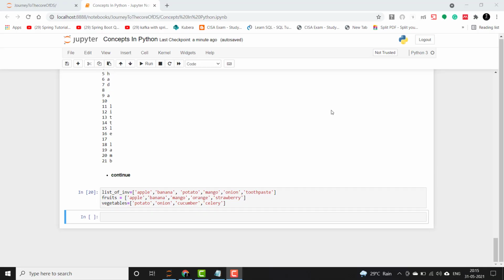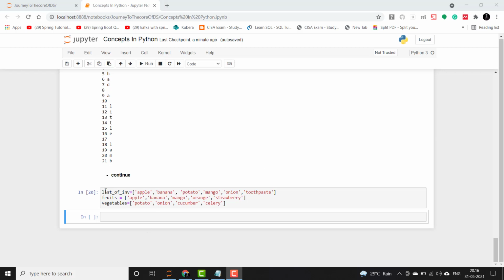There is a keyword called continue, which is used to return the control to the beginning of the while loop, escaping all the remaining elements in the current iteration of the loop, and that facilitates execution of the next iteration directly. So let's see the use of it via an interesting example.